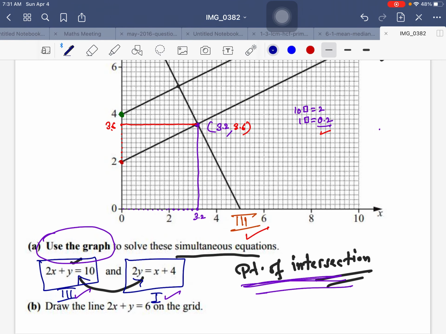So let's draw the fourth line there in the grid paper. I write the equation here for you again. y equals minus 2x plus 6. So quite simple. This is the fourth equation whose graph we have to draw on the grid paper. Here m is minus 2, so m is equal to minus 2 by 1, and c is equal to 6.